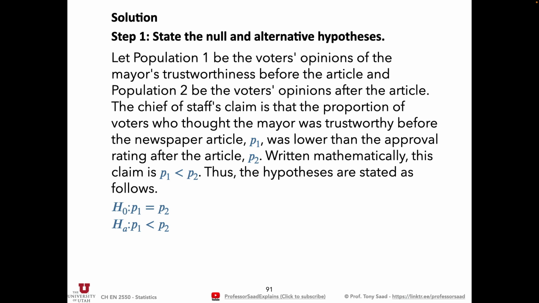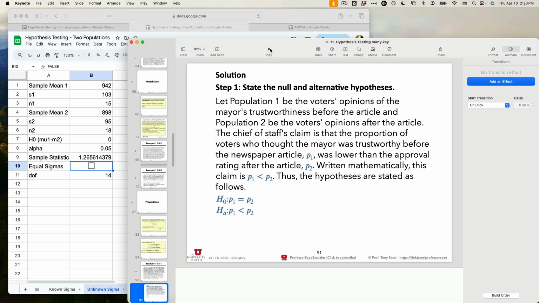So the claim is that the percentage of people who believe the mayor is trustworthy before the article was written is less than the proportion of people who believe he's trustworthy after. You can switch that. You could say P1 is the people after the article and P2 is before, and then that sign would change and it would be a right-tail test. You'll get the same result. So let's go ahead and program this into our